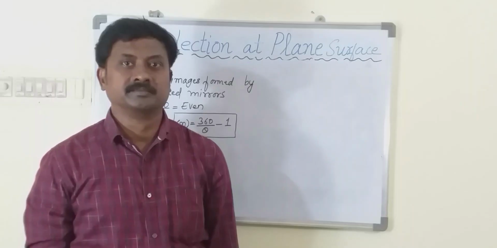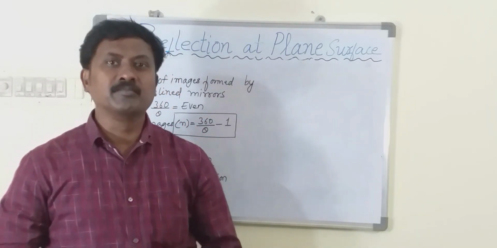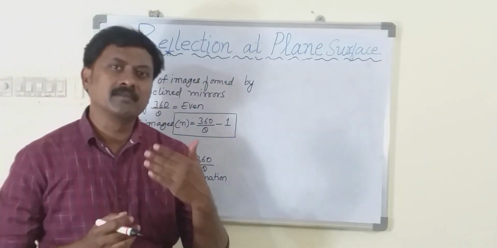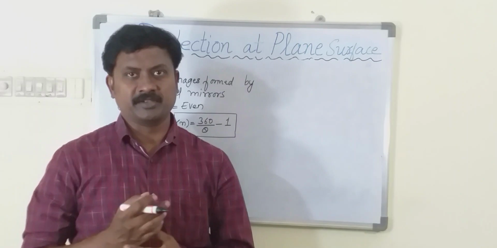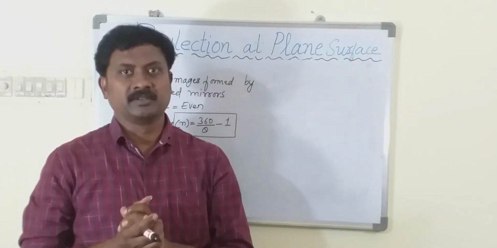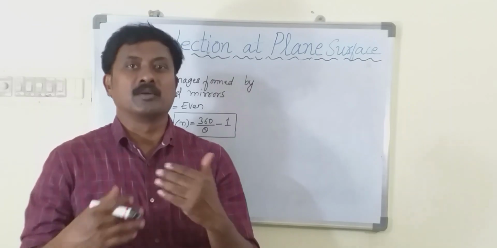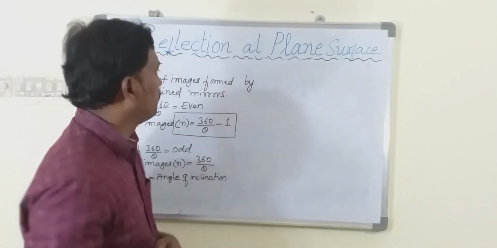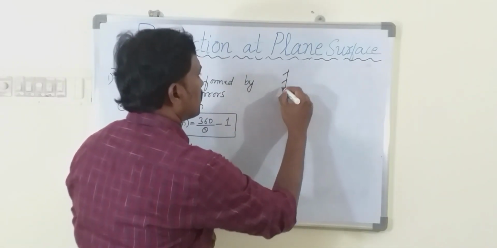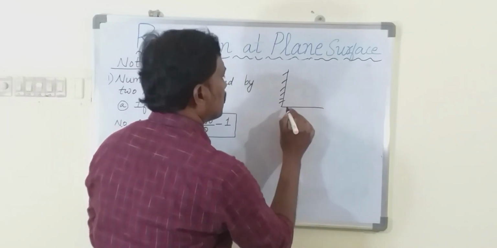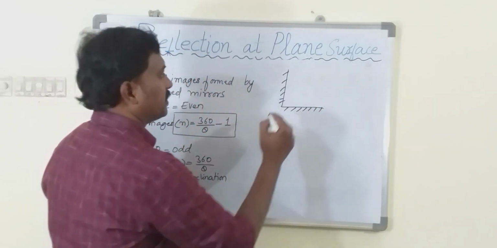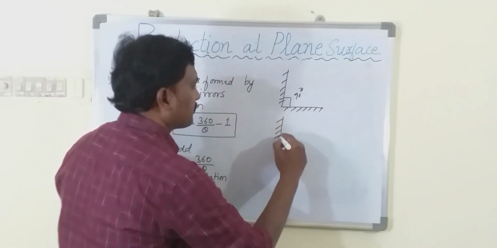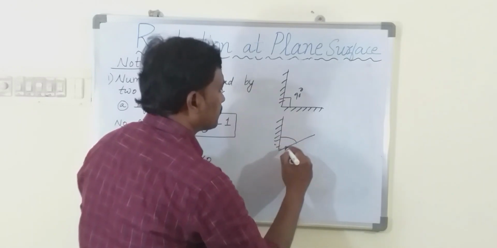I hope you understood. Okay, now let us see some important formulae related to mirrors. So first of all, when we have a single mirror, generally we get a single image. If you have 2 mirrors, then we are going to get more images. So it depends upon the angle present between the 2 mirrors. Let me explain to you. Suppose this is one mirror and you have one more mirror kept like this. Then what is the angle between the two mirrors? It is 90 degrees. Suppose you have one mirror like this and you have one more mirror like this.